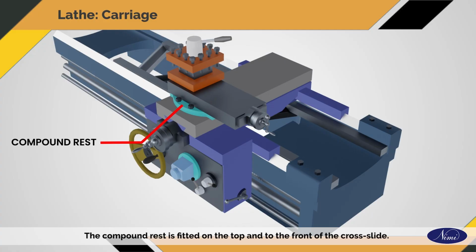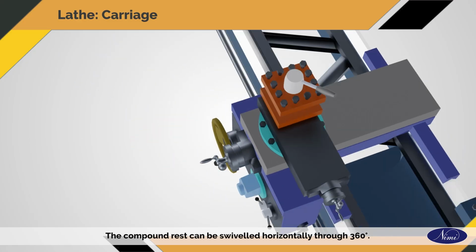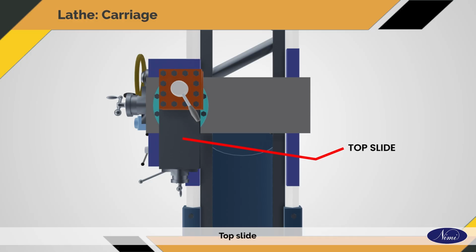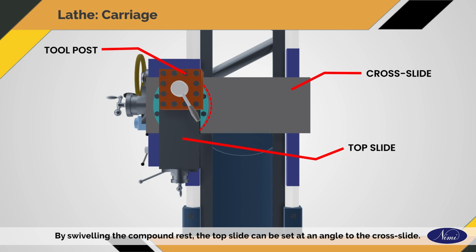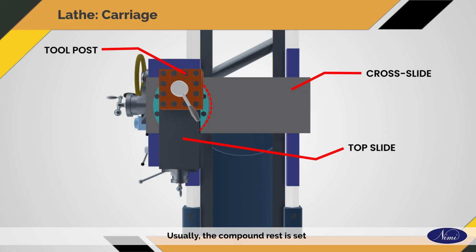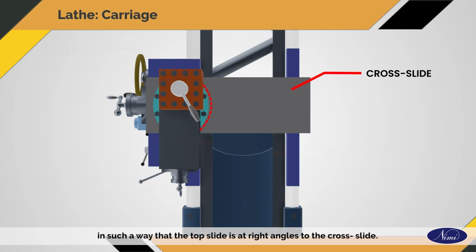Compound rest. The compound rest is fitted on the top and to the front of the cross slide. The compound rest can be swiveled horizontally through 360 degrees. Top slide. The top slide is fitted on the top of the compound rest. It supports the tool post which holds the cutting tool. The top slide provides a limited horizontal movement for the cutting tool. By swiveling the compound rest, the top slide can be set at an angle to the cross slide. Usually, the compound rest is set in such a way that the top slide is at right angles to the